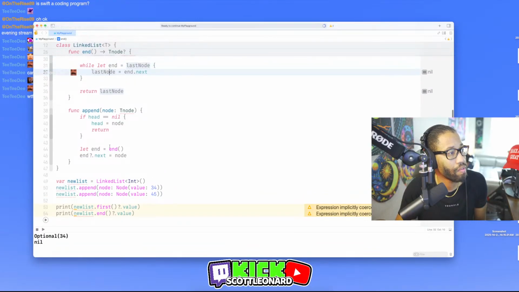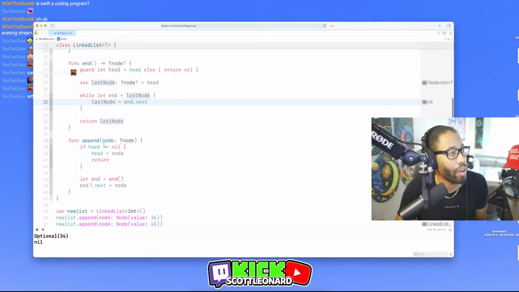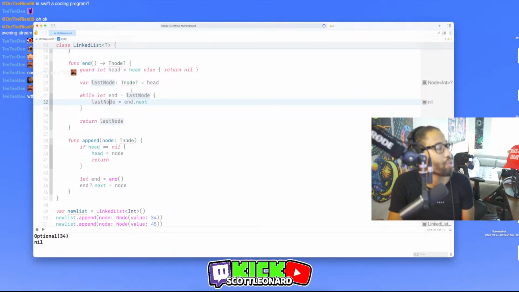Down here, last node is nil. But last node is not nil. Last node should just be head. Why am I having so much trouble thinking through this?